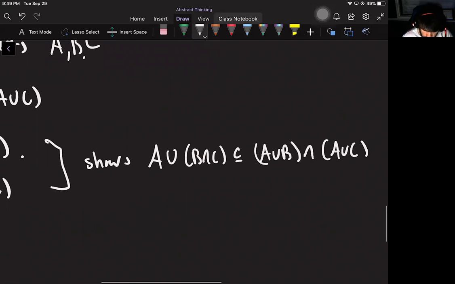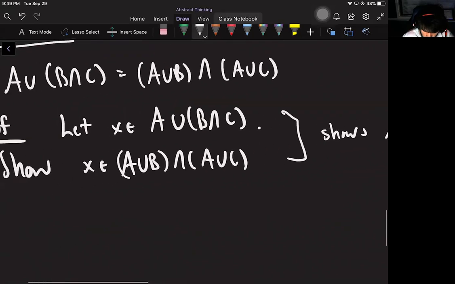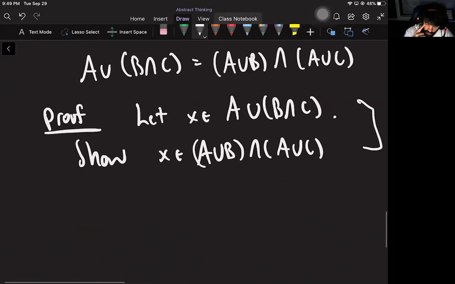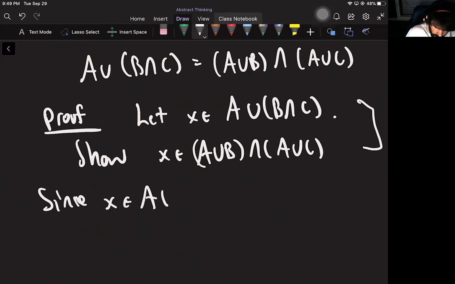So that's what this does. And then we've got to do the other way to show that they're subsets of each other, which means that they just contain the exact same elements, which is what it means for two sets to be equal. Okay, so a lot of work to be done. All right, so since X lives in this set that we said it lives in,